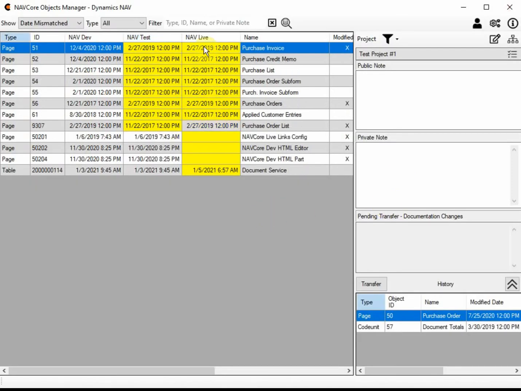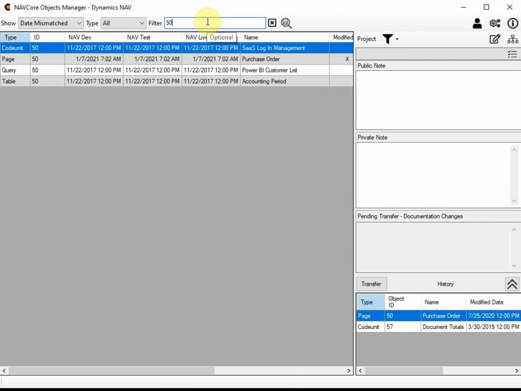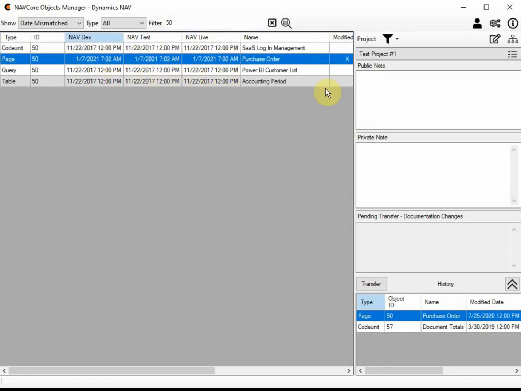Let's say you are the administrator and want the on-hold drop-down that's on page 50 to be added to other pages that reference the same field. You can either jot that down into the public note where any user can see, or you can create a project for it and put the note there. When you enter the public note field, the application will automatically switch to data entry mode. When the field loses focus, the values will be immediately updated. You can use Ctrl Z to undo your changes, but once you leave the field, the change is permanent.